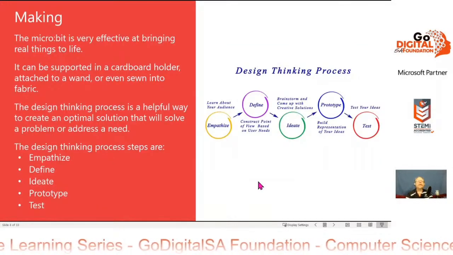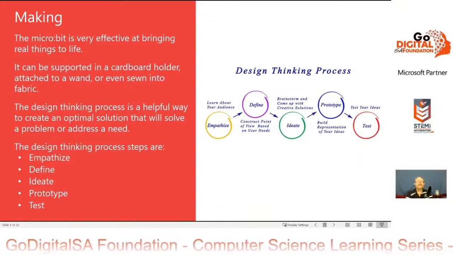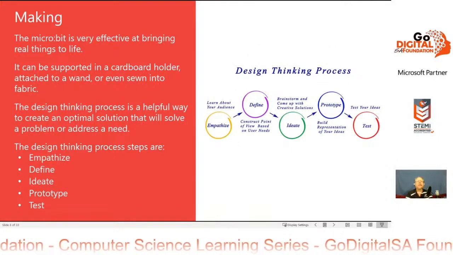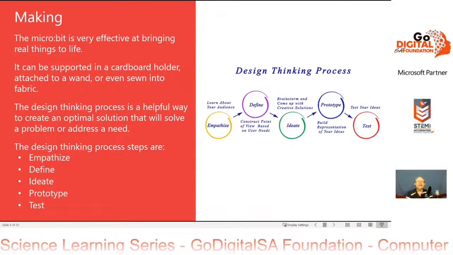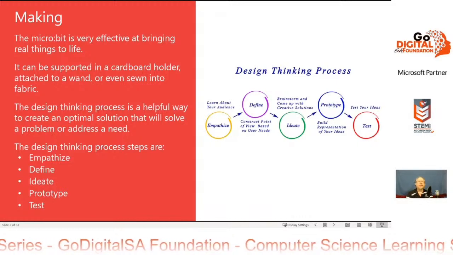Okay, so in Unit 1, we talked about making. Microbit is very effective at bringing things to life. It can be supported in a cardboard holder, attached to a wand, or even sewn into fabric clothes. The design thinking process is a helpful way to create an optimal solution that will solve a problem or